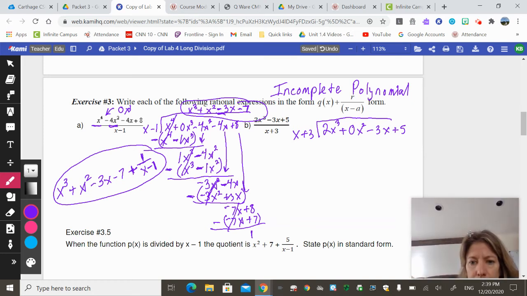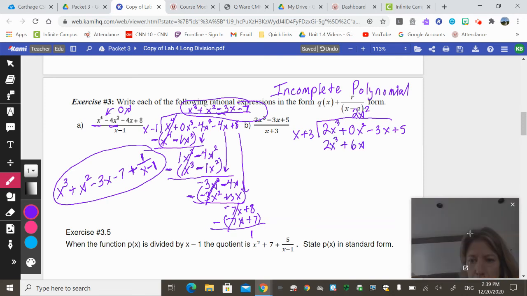And, okay, so I need to ask myself what times x gives me 2x cubed? That's 2x squared. So I'm going to put that up here. And I'm going to do my multiplication. So it's going to give me 2x cubed plus 2x squared times 3 is 6x squared. Then I subtract. I'm going to make sure I put parentheses around this, or it really wouldn't be accurate. And then 0 minus 6 is negative 6